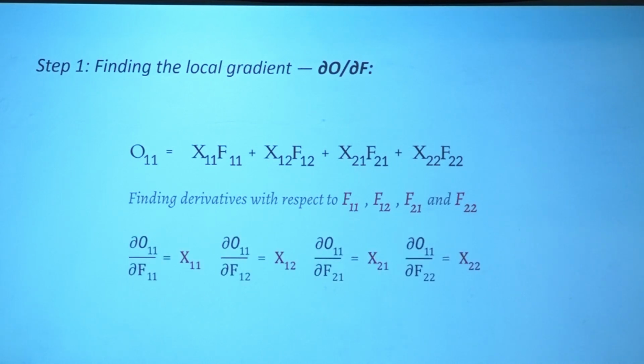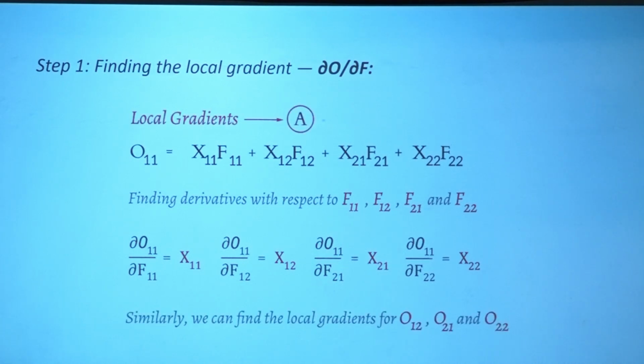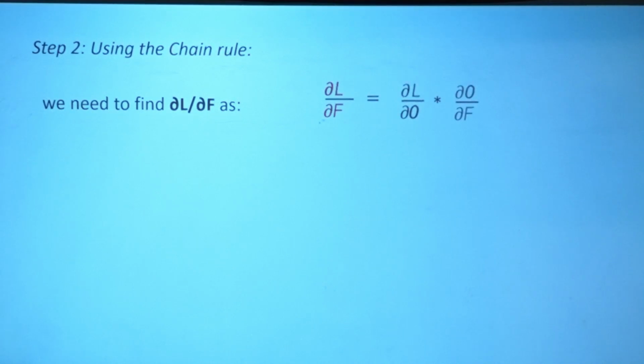For one equation I had shown. For the second equation, where x13 also is there, you will get the respective input values. Fine. Once this is done, the next step is ∂L/∂F, our actual derivative of loss with respect to one of the inputs, the filter, which you can get from the chain rule application of the loss from the previous layer with the local gradient we just calculated.